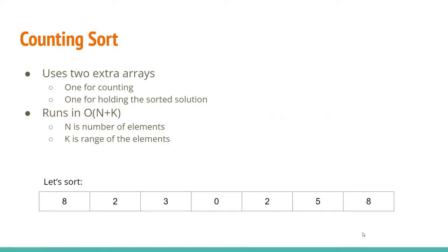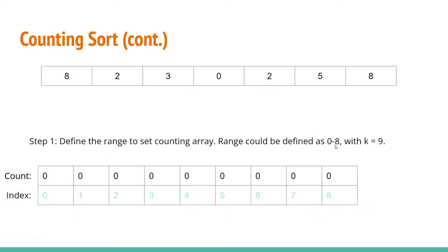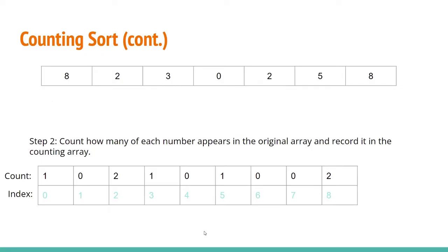So for this example, let's sort this array down below. In this, our range is from 0 to 8 because our largest number here is 8 and then our smallest number is 0. So that makes our k 9. So once we have this, we want to count how many of each of these numbers appear in our original array, and then we want to record it in the counting array. So as you can see, there's only 1 0 within our original array, so we put a count of 1 there. There's two 2's in our original array, so there's a count of 2, no 1, so count of 0,